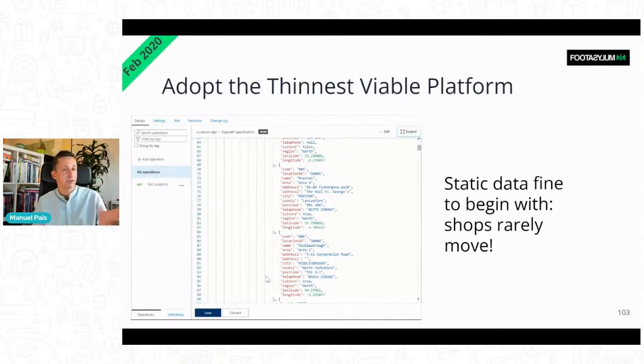And so they had a really good example where they needed a service to locate stores, right? The sneaker stores. And initially they were thinking, let's build a service with a database and runtime, API, and all these kind of things. And then they realized, actually, do we need that? Because this information doesn't change very often.